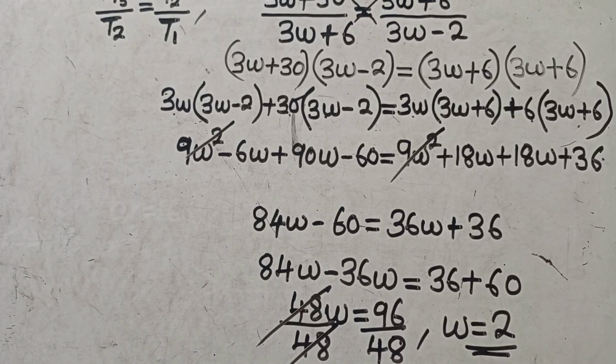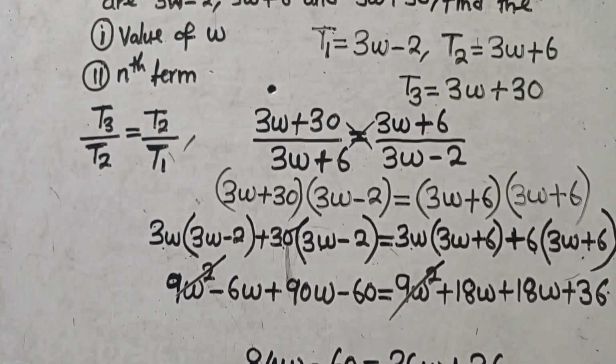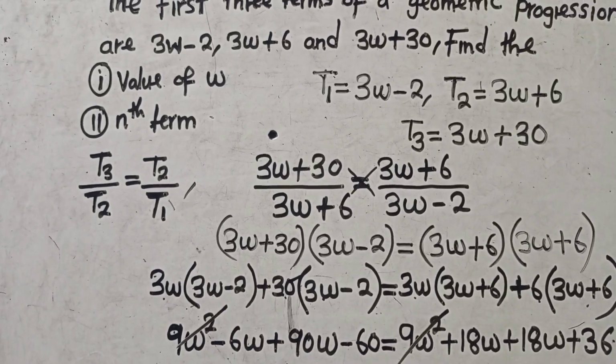If you divide there, you get a what? You get a 2. So the value for w is 2. This is what you need to know and understand. You answer a question just like this. We now move on to the other question. So we know w is 2. So we can find